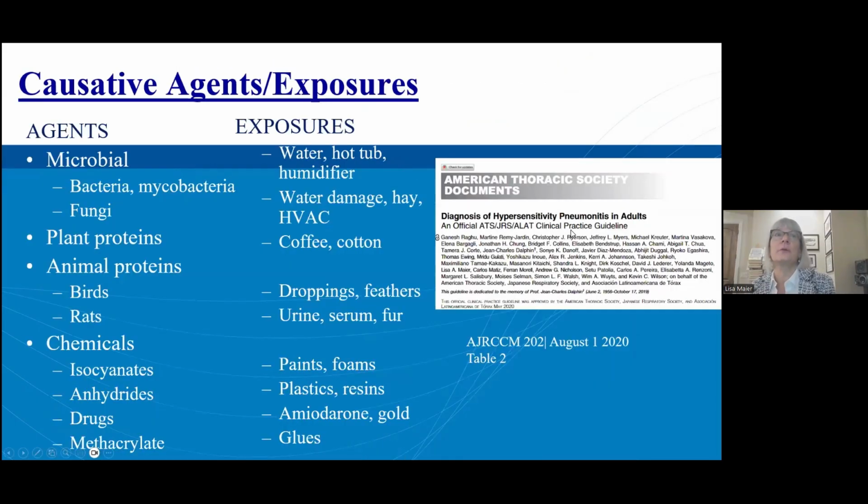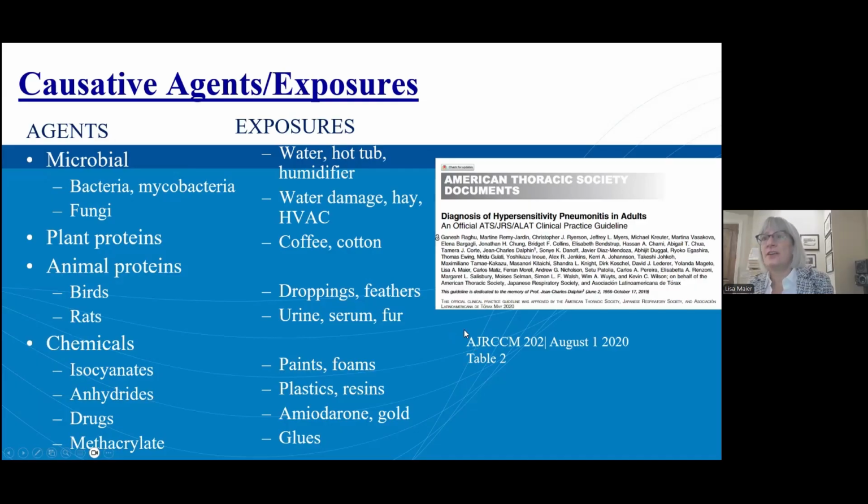This is an exposure, and there are many organic exposures that can cause a granulomatous process: microbial, plant, animal. There are some inorganic ones, some chemicals to consider: isocyanates, anhydrides, some drugs, and methacrylate is an important one. There are also potentially components in resins and foams, so it's important to ask about it. We were involved with an